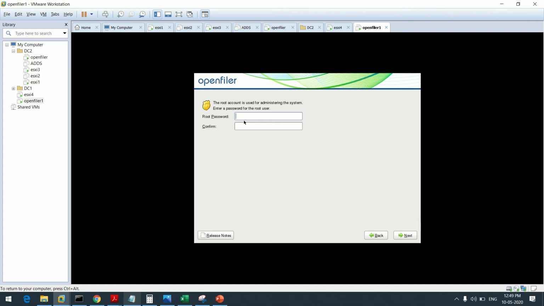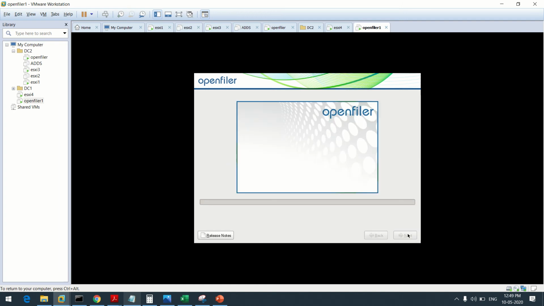Root password. Now provide the root password. Confirm it. Now click on next. Next. Formatting file system.